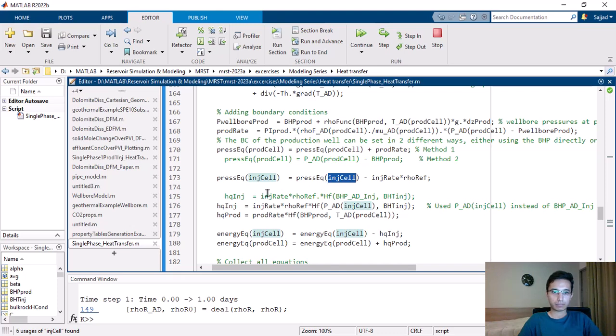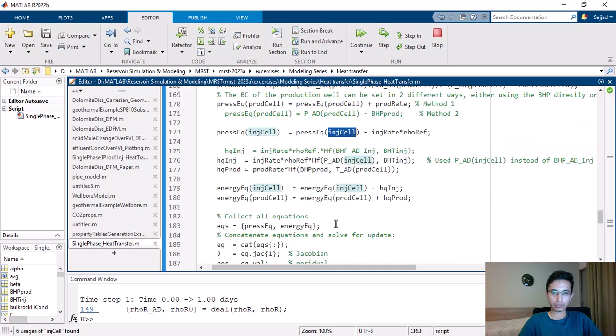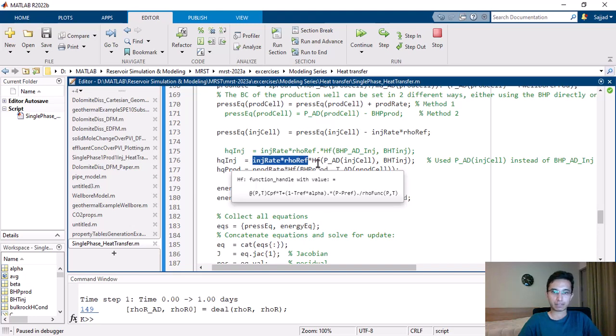Now we're done with the pressure equation. Now it's time to add the required boundary conditions to the energy conservation equation. In this way, for the injection well, we multiply the volumetric injection rate by the density. So this is actually the mass rate of the injection well, and we multiply the mass rate of the injection well by the specific enthalpy of the fluid that is injected